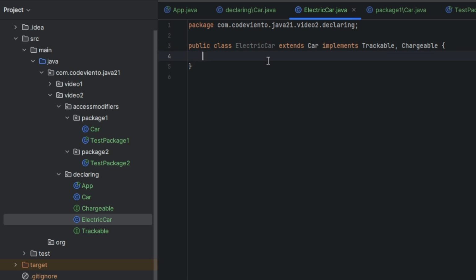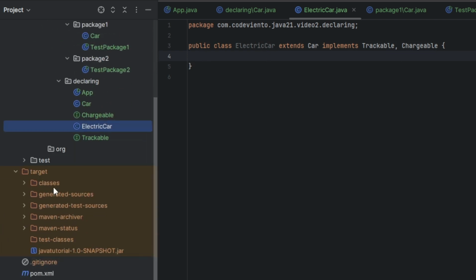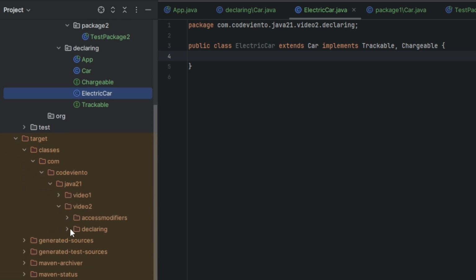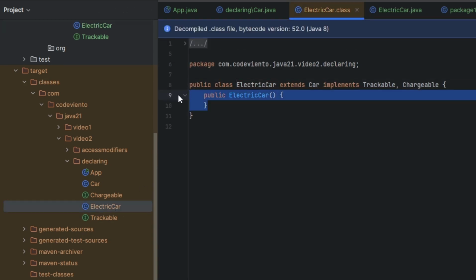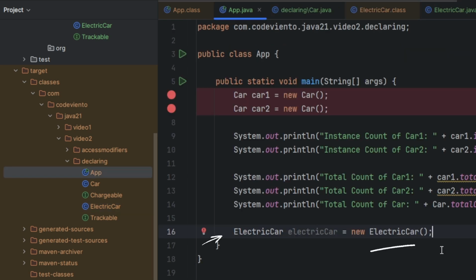We don't define any constructor here, but when we check the electric car class under classes video 2, as you see, we have a default no-argument constructor here. When no constructor is defined, Java gives us a no-argument constructor automatically. Because of that, we can create an electric car object with no arguments.